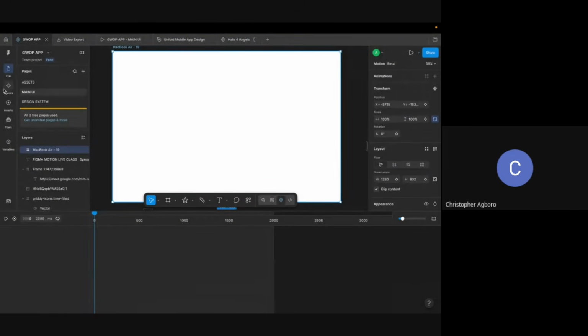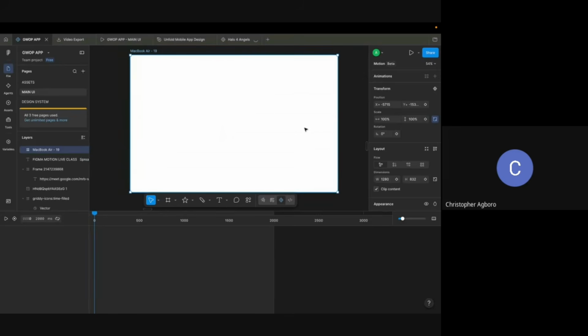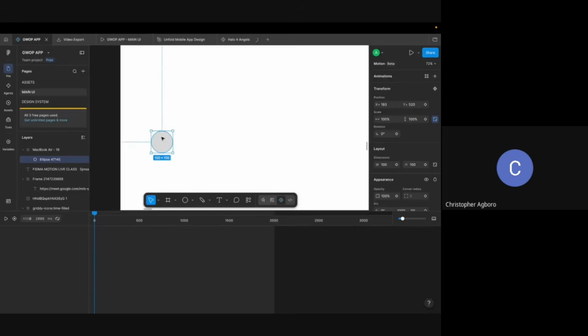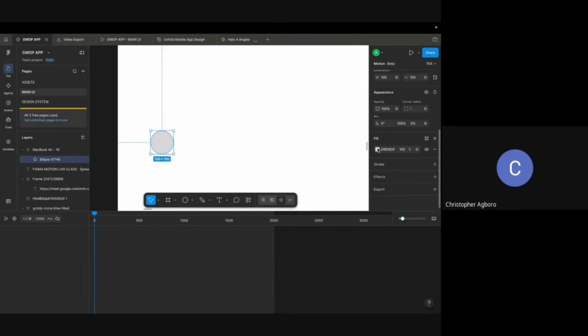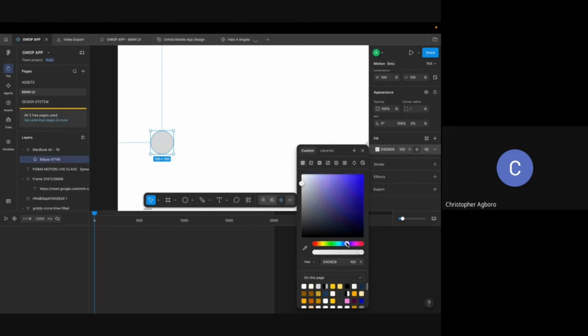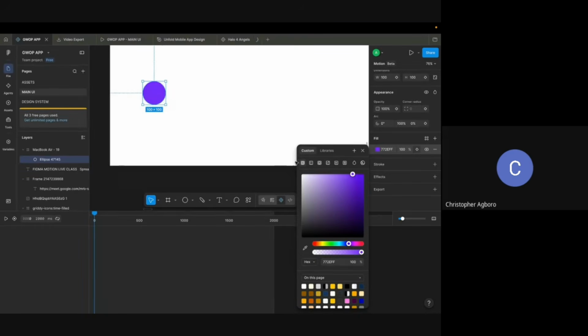So on this particular side, I guess we already know because of the new update. This is more like the assets and tools and stuff like that. So this is not a beginner Figma class. This is just me taking you through how I do my stuff. So for the first part, we're going to be talking about position. So here I am. Let me just give it a purple color. I'm going to add